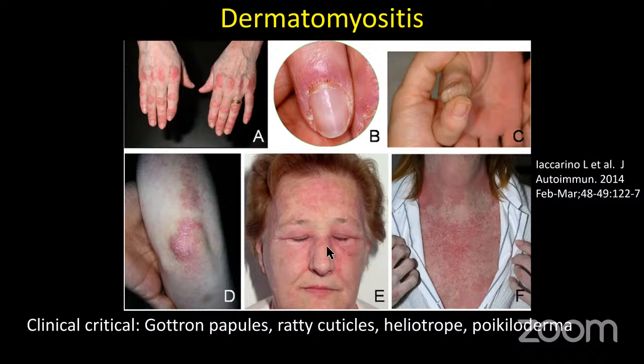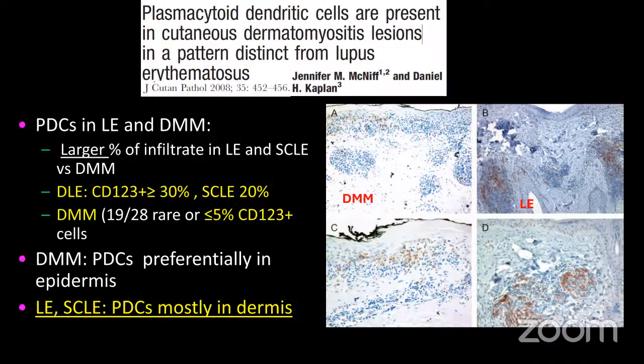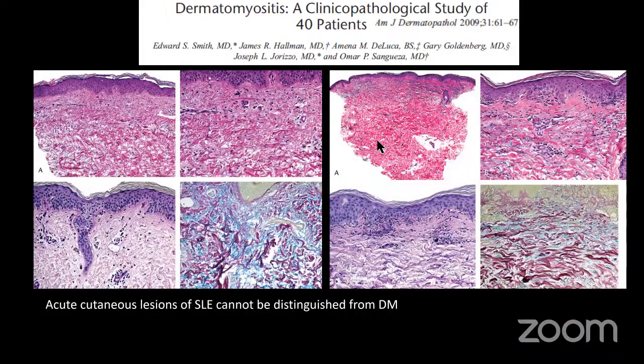The heliotrope rash, this violaceous sort of pinkish purple color, again, usually sun-exposed skin, and poikiloderma, hypo and hyper or erythematous patches with increased vessels, again, sun-exposed usually. This is, I don't know why it's a little bit here, maybe it just was a crease. Oopsie, sorry. And then underneath the microscope, this is a study showing that really you can't differentiate between acute lesions